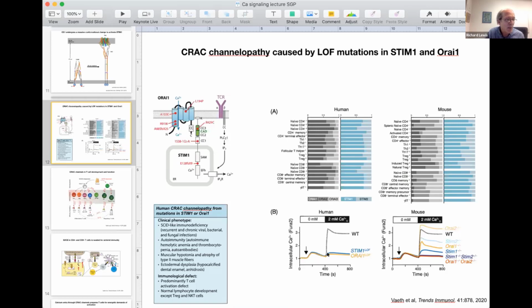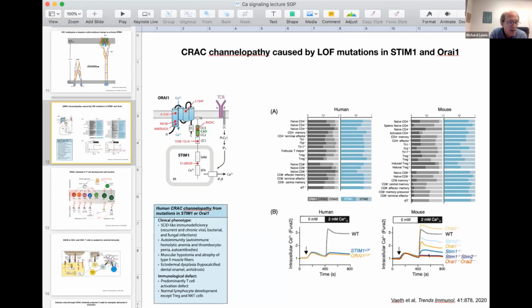It turns out that in mice, this is not the case, that Orai2 is in many T cells in mice the predominant isoform. And STIM2 also makes a larger contribution. So loss of function in either STIM1 alone or Orai1 alone doesn't eliminate store-operated calcium entry. And in fact, one needs to do a double knockout of Orai1 and 2 or STIM1 and 2 in order to get a complete loss of calcium entry. Now, a lot's been learned about CRAC channel functions from these double STIM knockouts in mice.